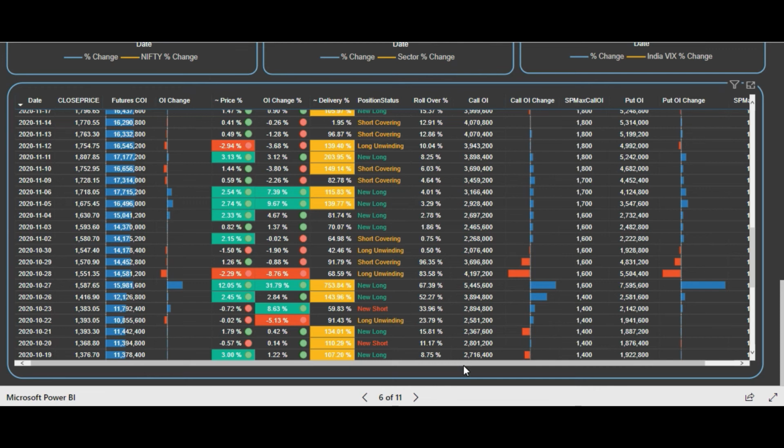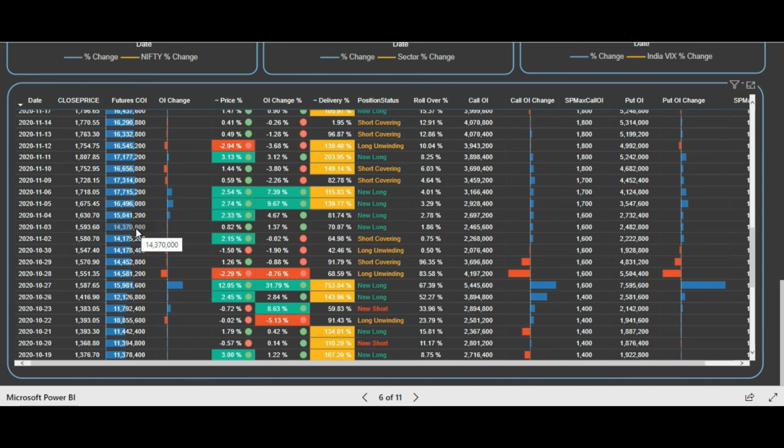We related that on this particular day FIIs also did buying. So we can relate that FIIs would have made positions in this particular stock at that point of time. In this way we can relate it with FII data also. But overall we have to understand that the strong player has entered the market. Since then, as we have already seen in the graph, the price has risen continuously and the long buildup has continued, right? So in this way you can relate it.